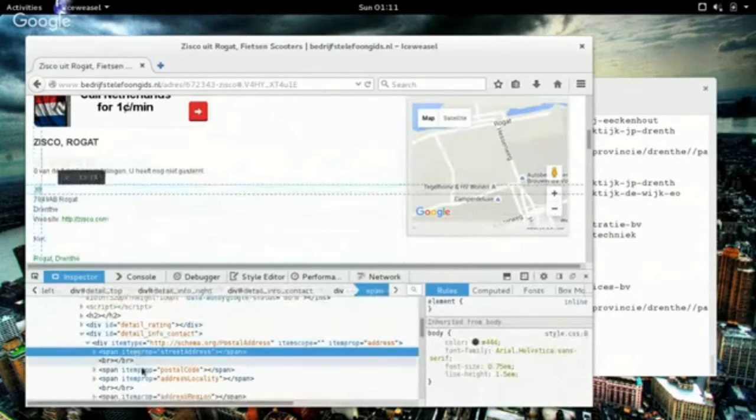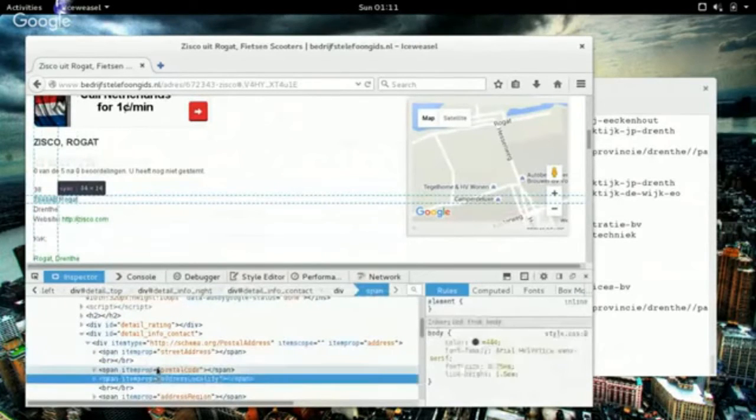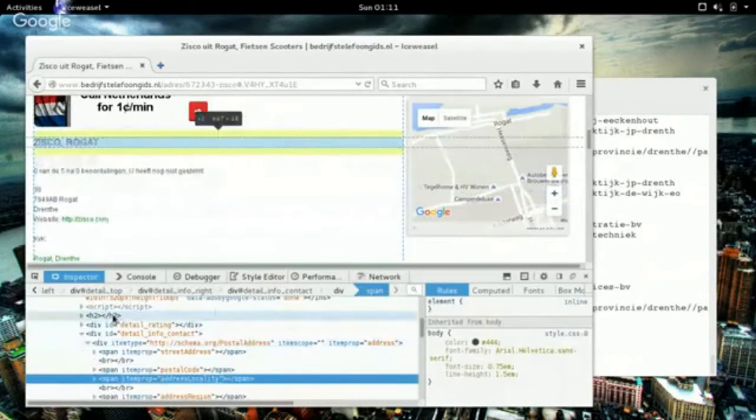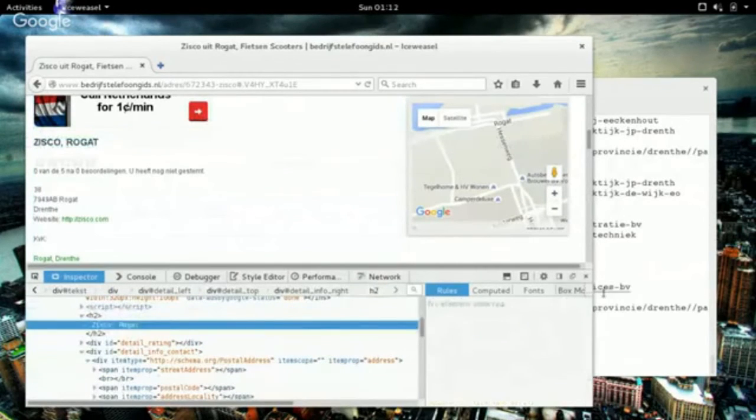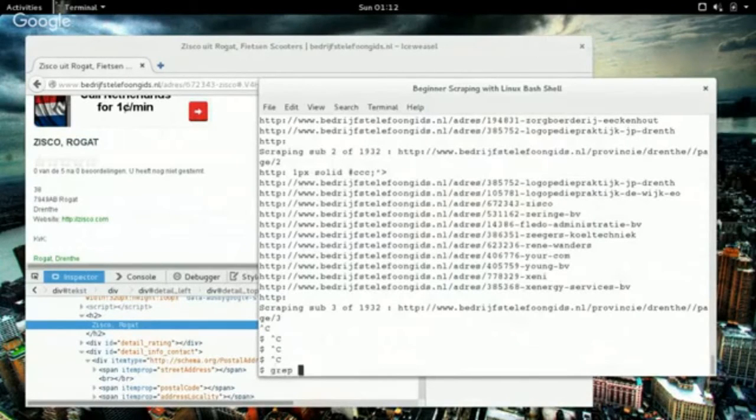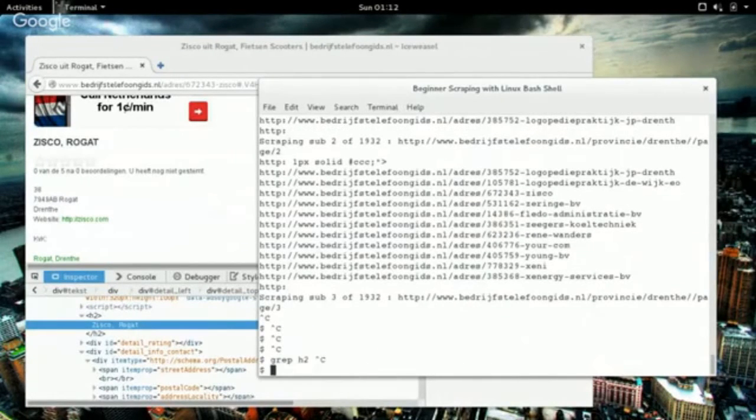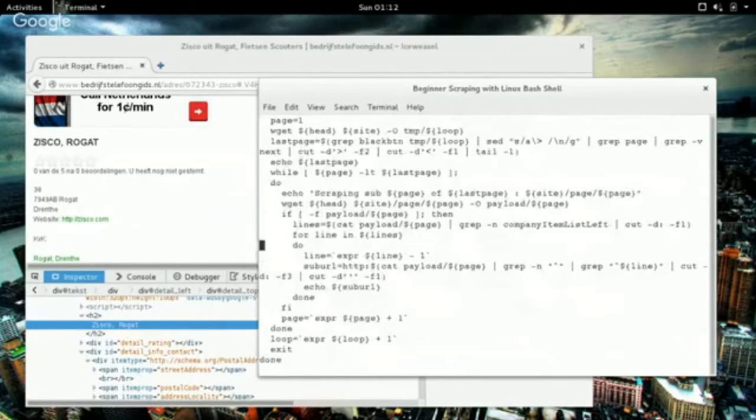look at that. Let's see here. So these are all nicely named item props. This will be easily grabbed. Name of the H2 tag. So we can grab H2 from. Oh, we can grab this yet. So we scrape. So now that we have this URL, we can get